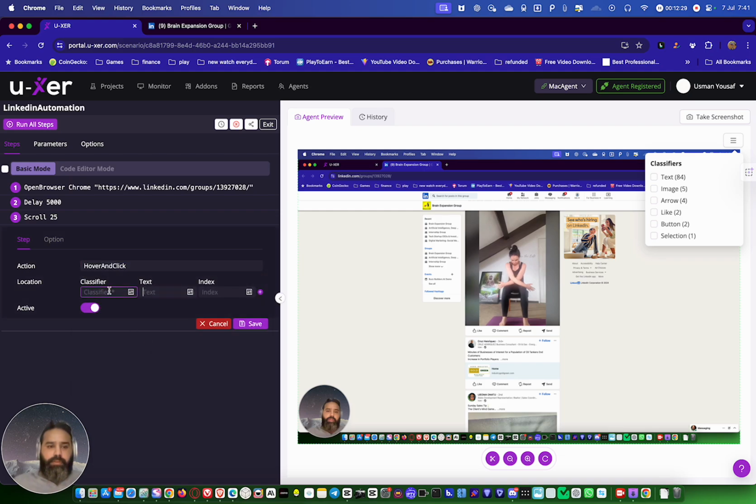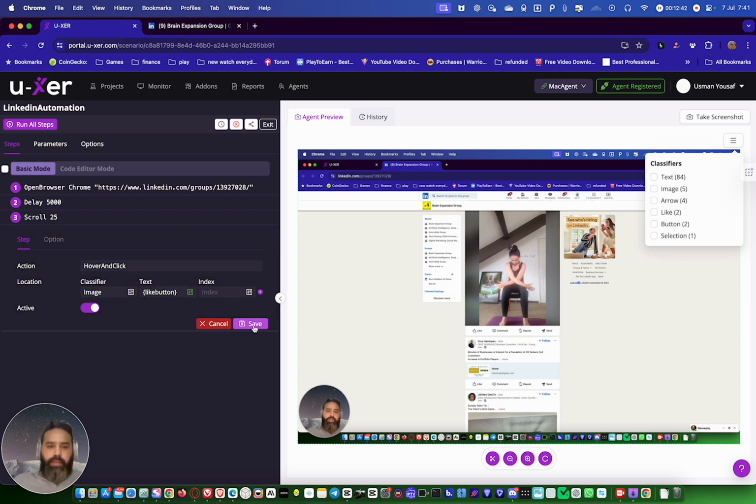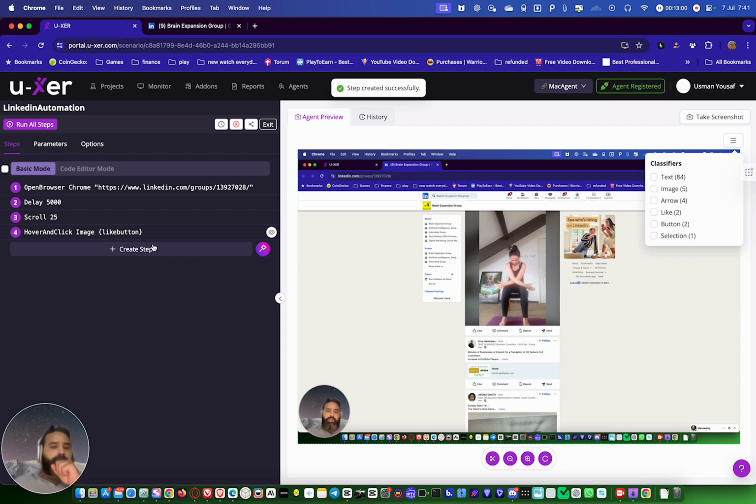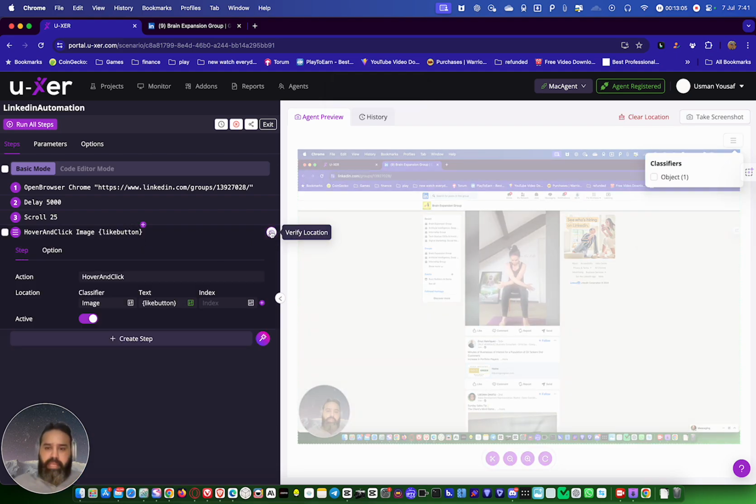Hover and click. Here in classified, we select the image we just made. And then when we come here, click, we'll find that like button, select and save it. Okay, this index, what is this? Basically, index means, if we type here 0, let me show you one thing. First, save. Okay, so let's click this one to verify the location and then I will tell you about the index.